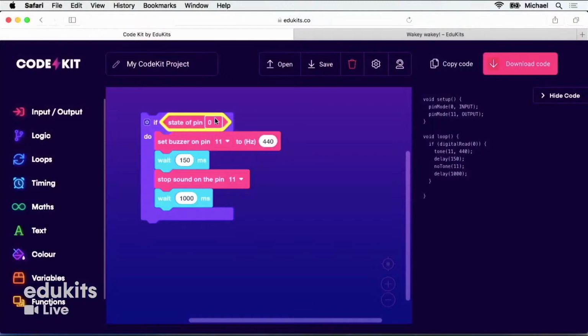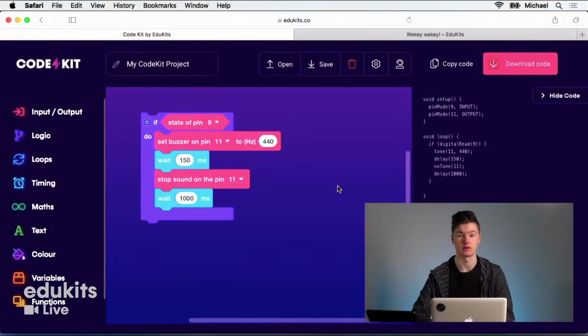So you'll remember before that I said if you touch the touch sensor, a little signal will go through that little signal pin and it will go into the brainboard. And we connected that signal pin, that signal leg, over to pin 9 on the brainboard. So in the CodeKit software, all we have to do is select pin 9. Under state of pin, we're going to read pin 9. It's as simple as that.